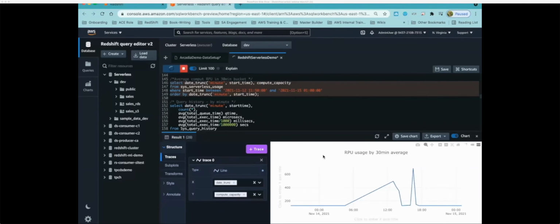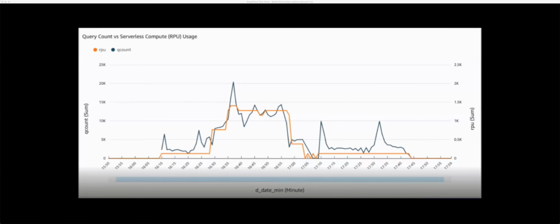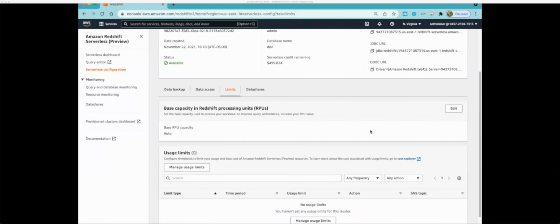So if you think about it, many analysts like me, right, are doing this kind of ad hoc analysis throughout our company, hundreds and thousands of analysts, and the capacity management is a tough problem for us. So with Redshift Serverless, it automatically provisions resources, automatically scales them, as you can see in this particular graph here. And to dive into things a little bit, this is an example kind of a graph over time, where the orange represents the compute capacity and the blue represents query count, and the capacity is scaling according to our demands. And when there is no workload, there is no capacity allocated, allowing us to just pay for what we